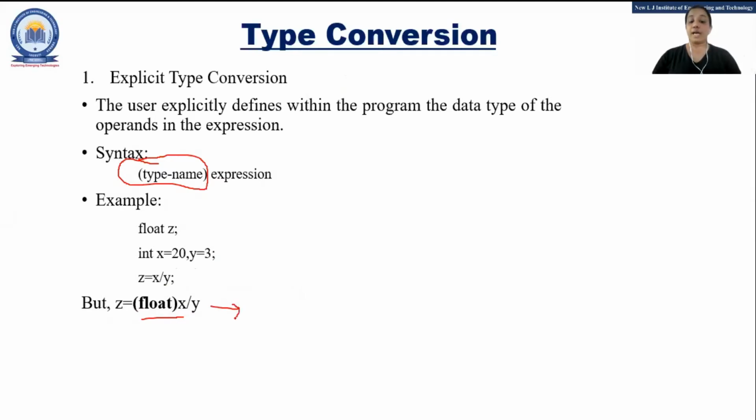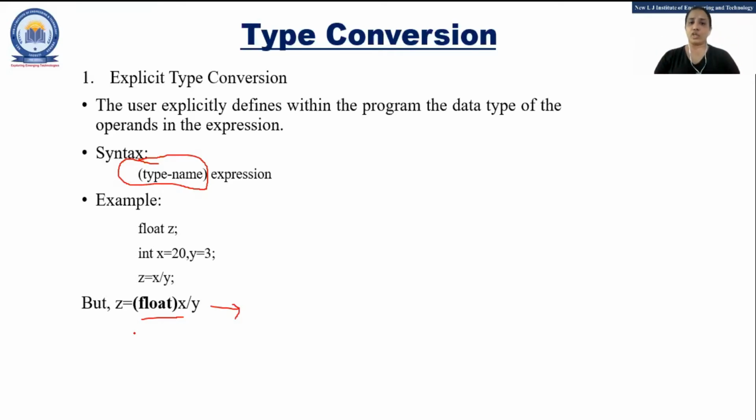So now what should be the answer? What happened here? Instead of 20, it will consider 20.000000. Again repeating, I have converted it into float. So while doing the division operation, one is a float and the other is an integer, so it will give you the answer as a float. At that time, the answer is 6.333, whatever up to 6 decimal places. So this is type conversion.